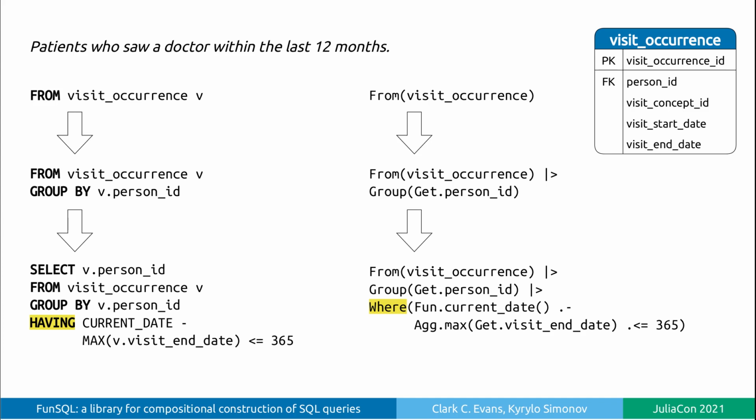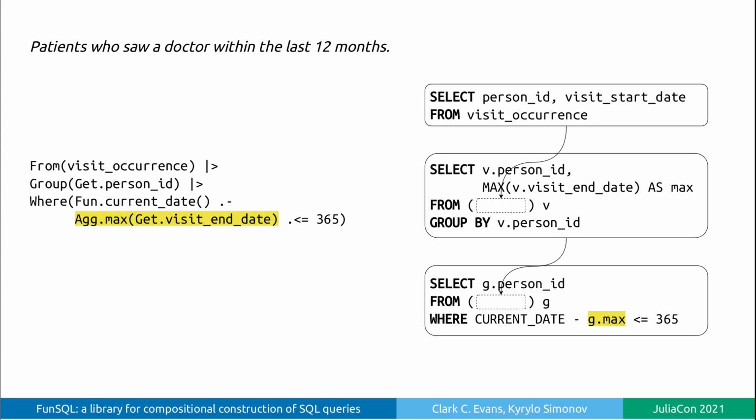In fact, FunSQL has no lexical limitations on the use of aggregate functions. While in SQL, aggregate functions can only be used in the select or having clauses, there is no such restriction in FunSQL. They could be used in any context where an ordinary expression is permitted. The only requirement is that for each aggregate function, FunSQL can determine the associated group constructor. Here is how it works.